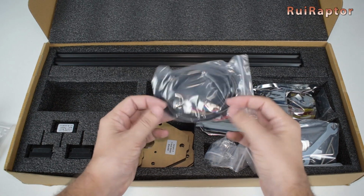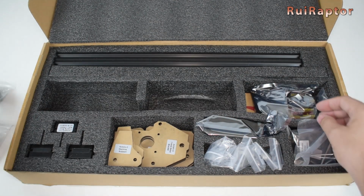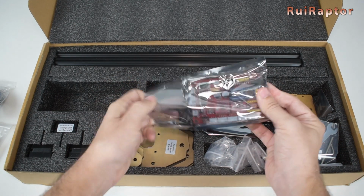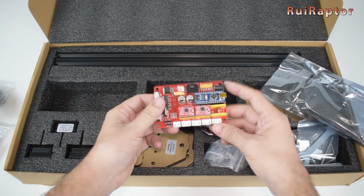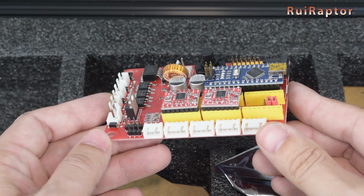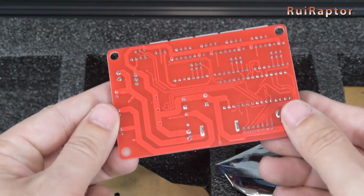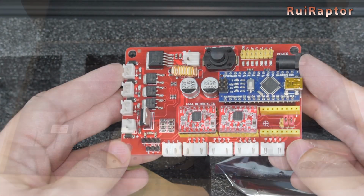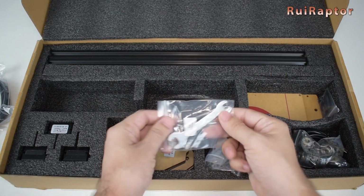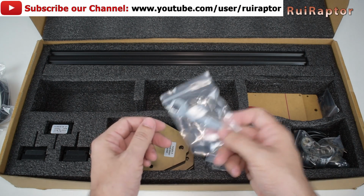Some cables, and the main board. The main board is equipped with an Arduino Nano, a couple of drivers, and also the on and off switch. One of these drivers will drive the two Y-axis motors and the other will drive the X-axis motor. Some Allen keys and a wrench,